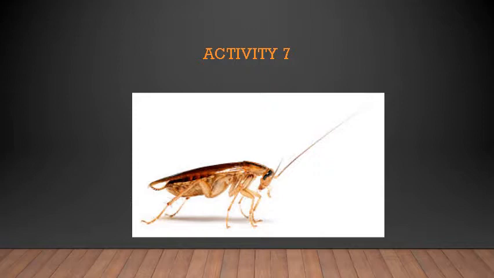They have 3 pairs of legs. Which group of animals have 3 pairs of legs, children? The insects, right? So the cockroach belongs to the insect category. These legs help in walking. The body is covered with a hard outer skeleton. This outer skeleton is made up of a number of plates joined together that permits movement. There are 2 pairs of wings attached to the body behind the head.